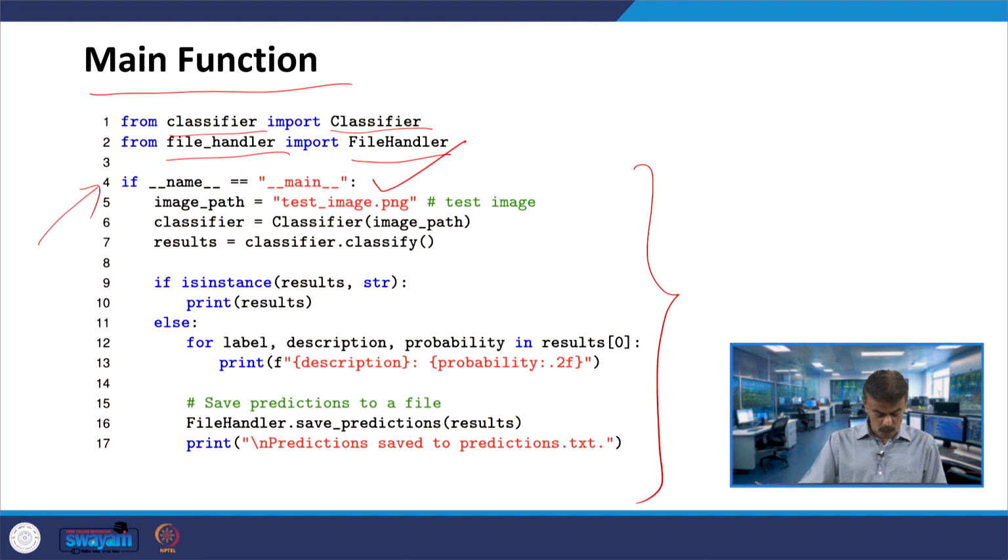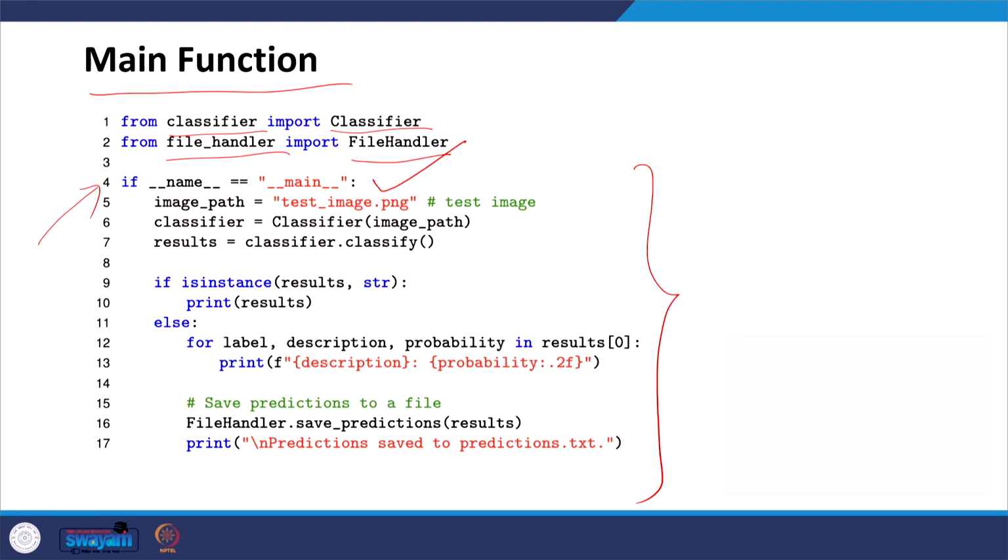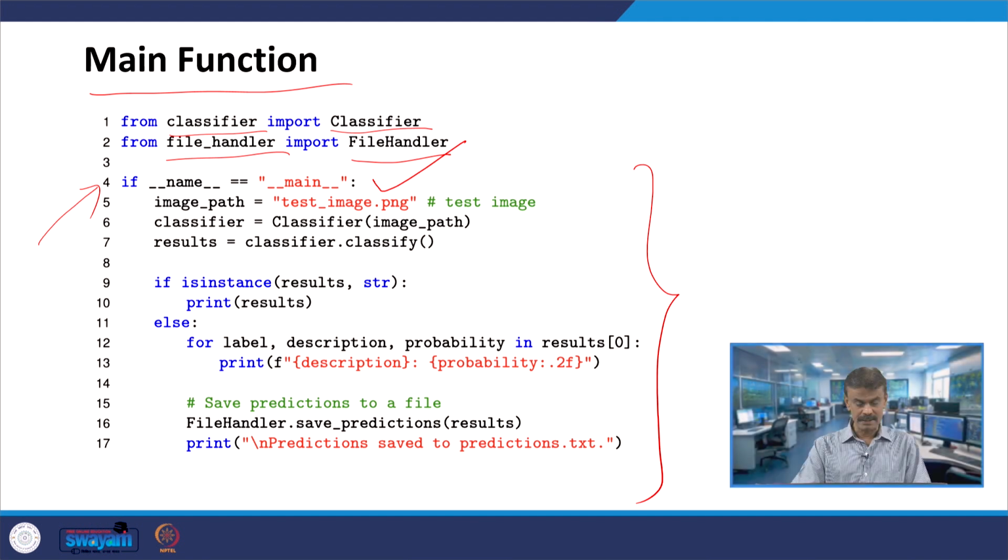Now here you have image_path, which is test_image.png, and you pass this image_path as an argument to the Classifier. That creates an instance of the Classifier class.